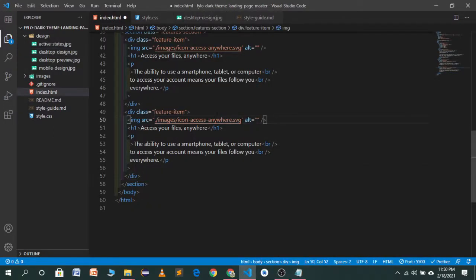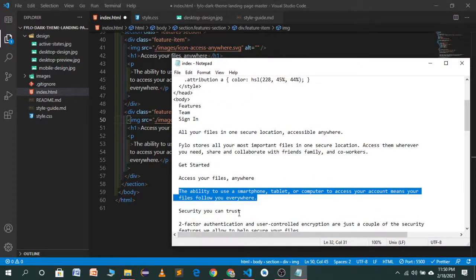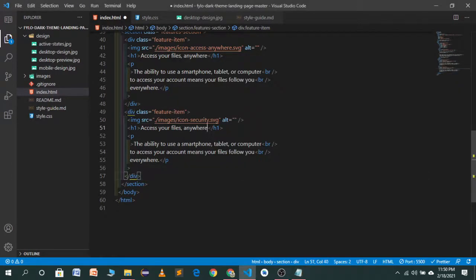So let's go to our images: access anywhere, collaboration icon, this one, security icon, and the heading will be this one, "Security you can trust". I will copy it and paste it here.